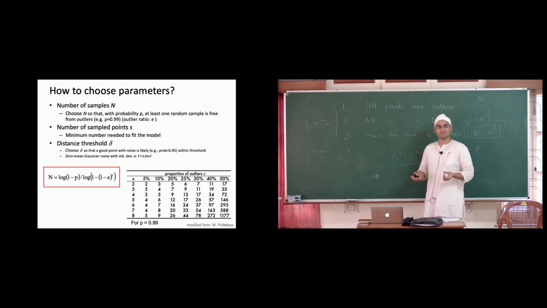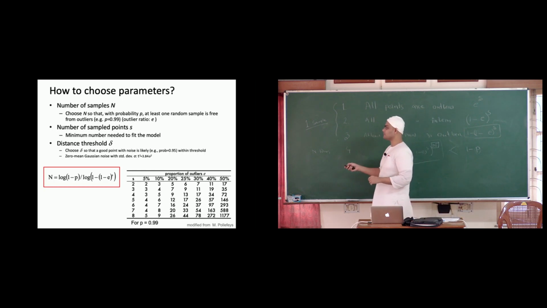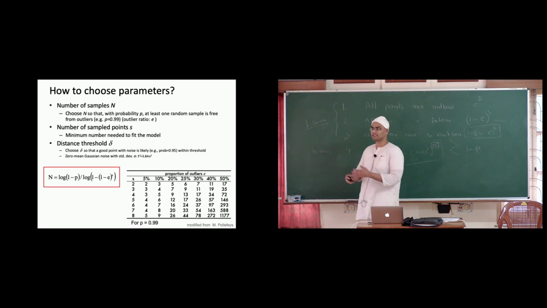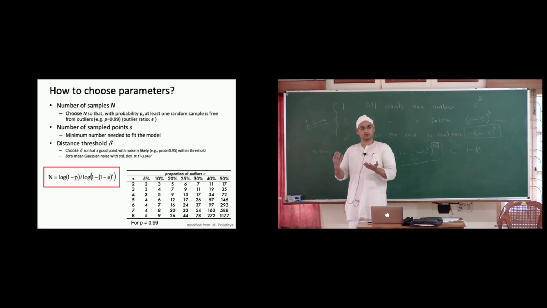More than 50% means the other model would be the winner anyway, right? And some other model could be winner. So for 50%, if there is 50% outlier, if I take 17 points, I am going to get the correct fit with 99% probability, quite high. I cannot expect more, right? So you can see this line is not growing that fast. It is kind of 2 times, not more than that,